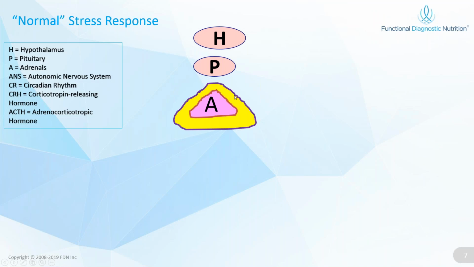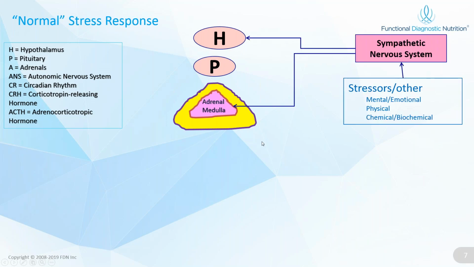And this is where the anatomy, physiology, and biochemistry come in a little bit. So we have up in the brain the hypothalamus and pituitary, part of the title of today's presentation. We have the adrenals. Along comes stress, whether it's mental, emotional, physical, chemical, biochemical, could be spiritual, whatever it is. It stimulates the sympathetic nervous system, through the eyes, the limbic system, the brain, and you get stimulus right to the adrenal medulla. That's in the middle of the adrenals. And that produces epinephrine and norepinephrine, which we used to call adrenaline, which goes right into